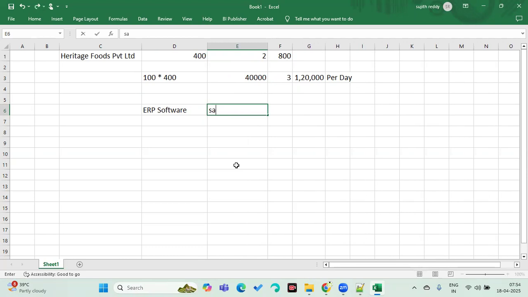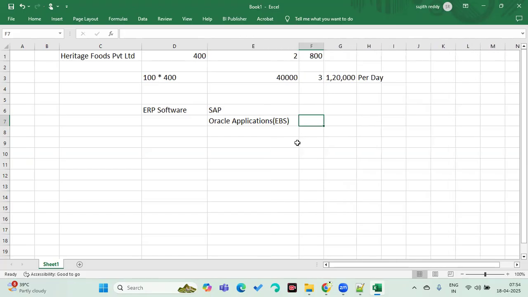One is SAP. Another one is Oracle applications, EBS.